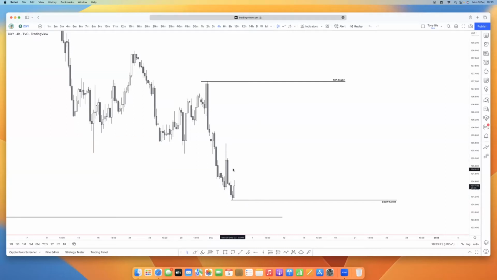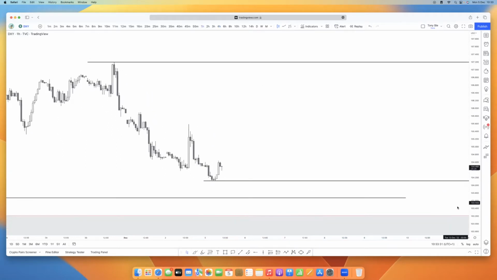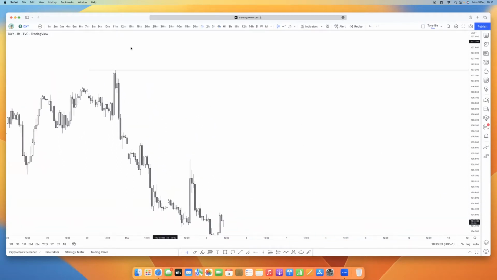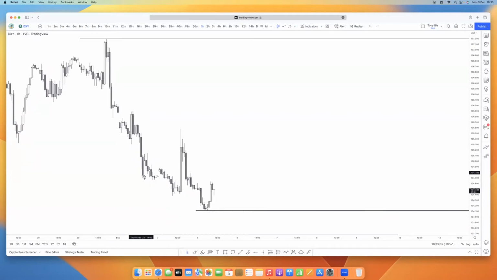But on the 4 hour now, we can see we have this low, this high, and then this low. It's going to be more evident on the 1 hour. On the 1 hour, we have this, check the structure. We have this low, this high, this low, kind of broke the structure. But you can see it didn't hold, right? And then price still came down.